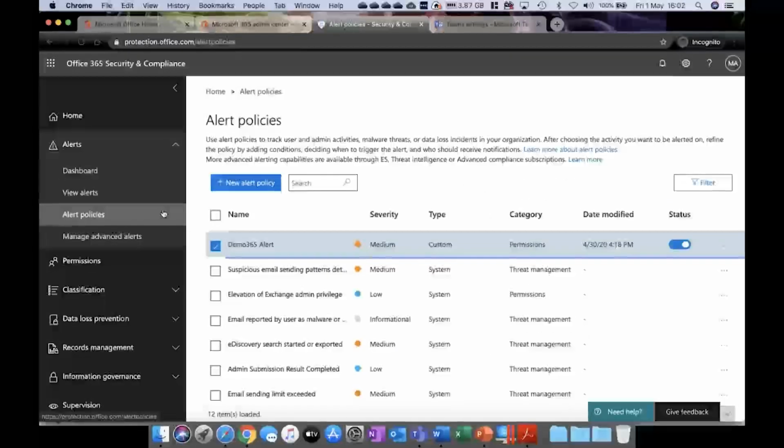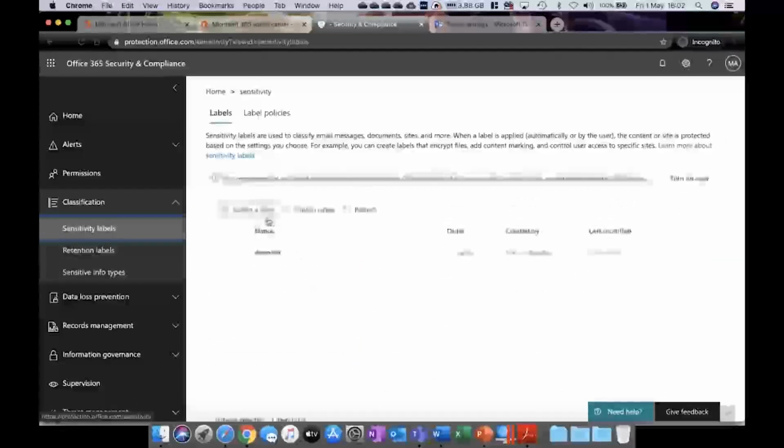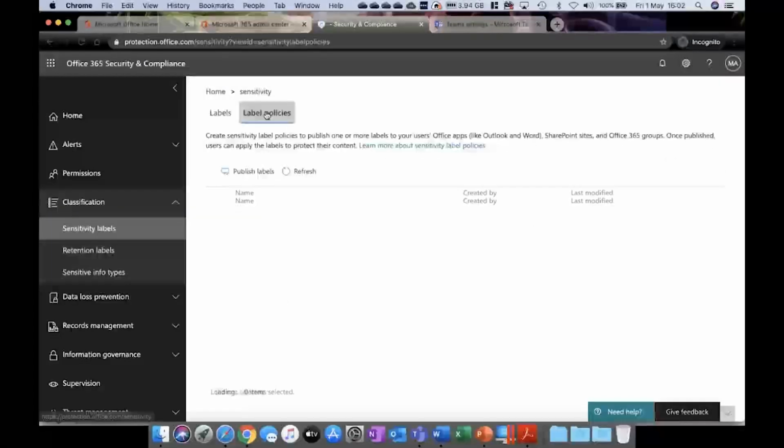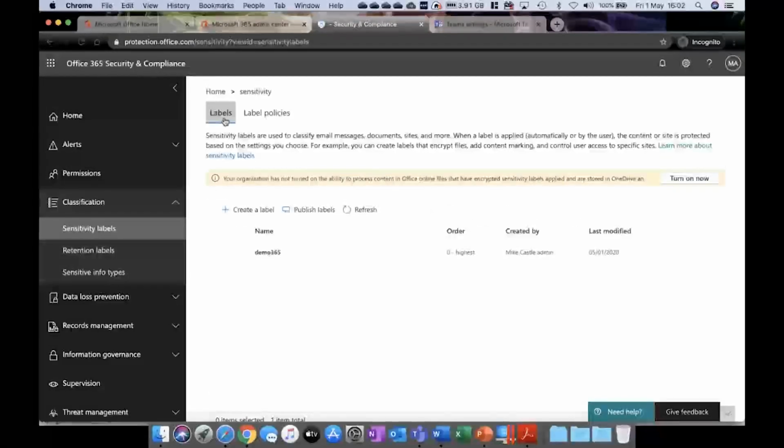Other things that we're going to go through are some of the tagging elements, so classification of data. In here, I've just created an example one, but here's where you can apply particular policies to labels. It's quite straightforward. All you're going to do is search for particular criteria and apply it. With the invention of GDPR over the top of the Data Protection Act, obviously a lot of things got a lot stricter. And in that, we've now been able to apply this tagging element to all file data within Office 365, potentially email messages with particular content included. And it just allows you to have a much more transparent view of who's doing what with your data.